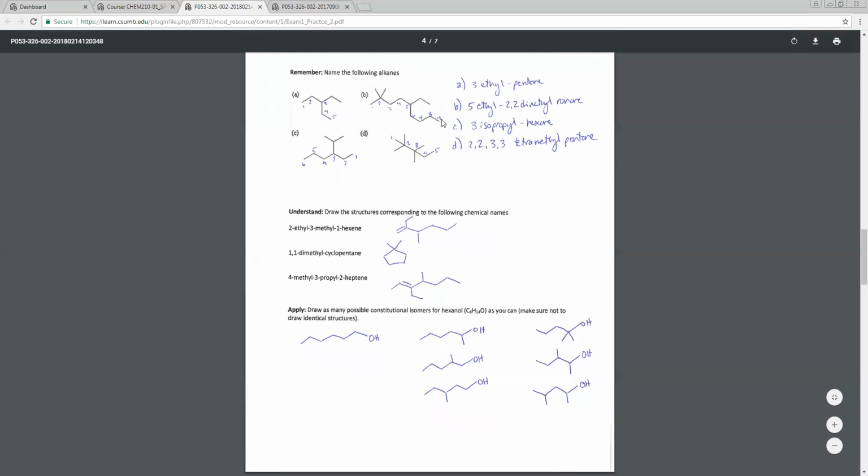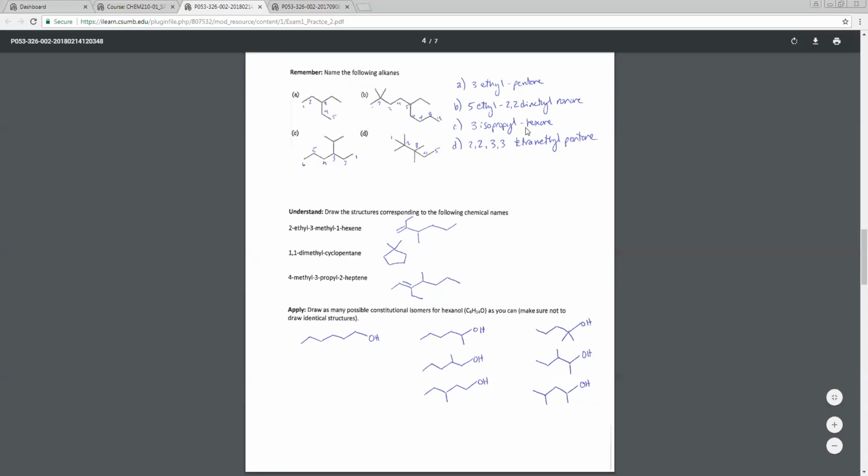So this is the longest chain. At the 5 position, it is an ethyl as a substituent, and that's E, so it comes in the alphabet before M for methyl, and then the 2,2-dimethyl. So 5-ethyl, 2,2-dimethyl-nonane. For C, if you take a look at this, 1, 2, 3, 4, 5, 6 is the